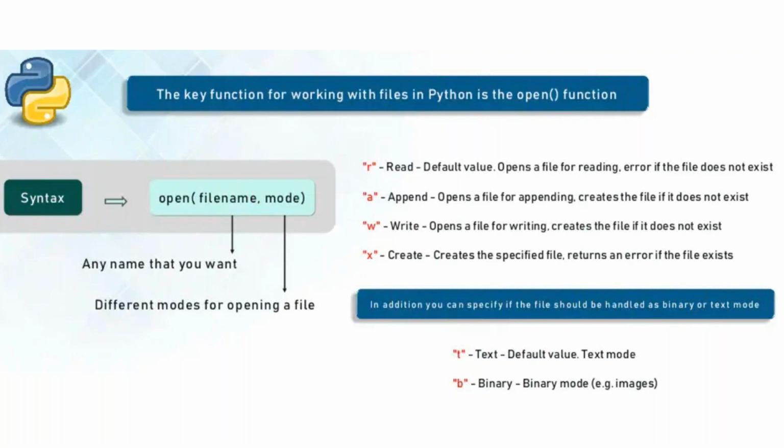Different mode of opening a file. If you want to open a file with a text, T, or binary, B. Remember that. So if you want to open an image, you have to write a B. Text-based files and all, you can use the T, which is a default mode. Don't have to specify. T is the default. But if you want to open up an image, then you have to specify B for sure.